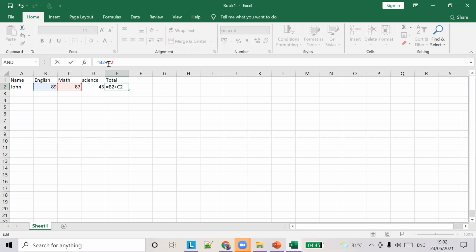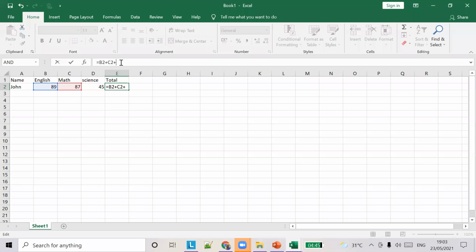Now you can see the C2 color is red, and this is again red. So C2 refers to this cell. It's easy to identify cells in your sheet using these colors.